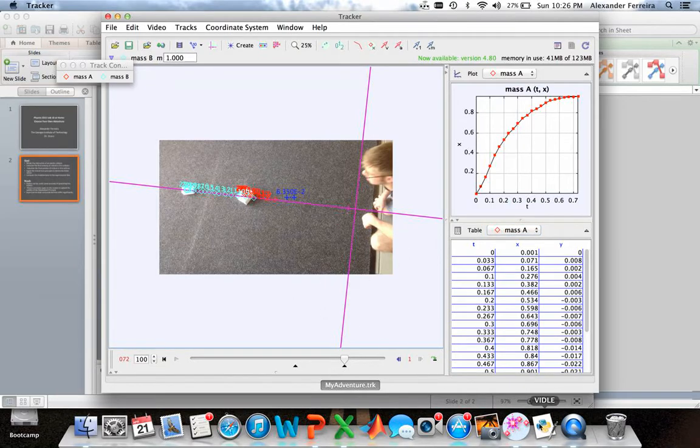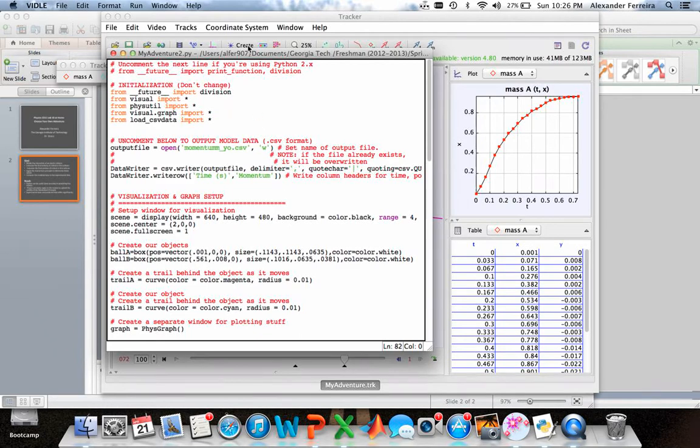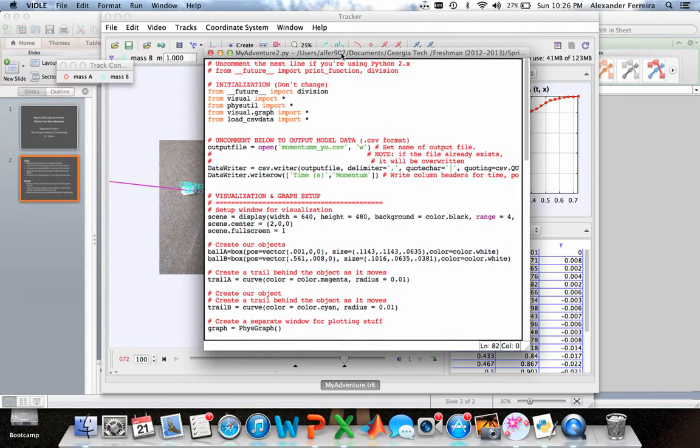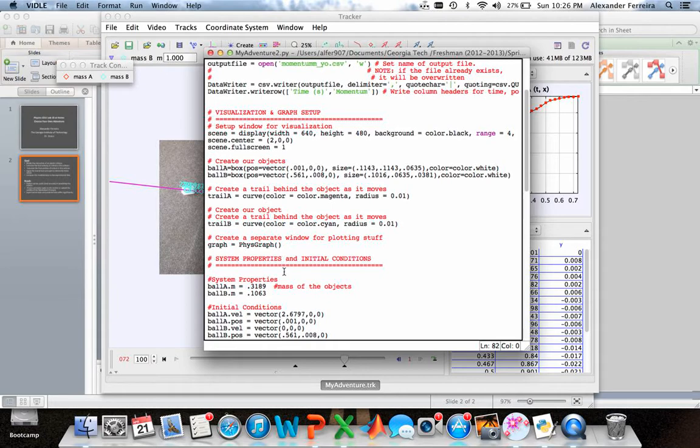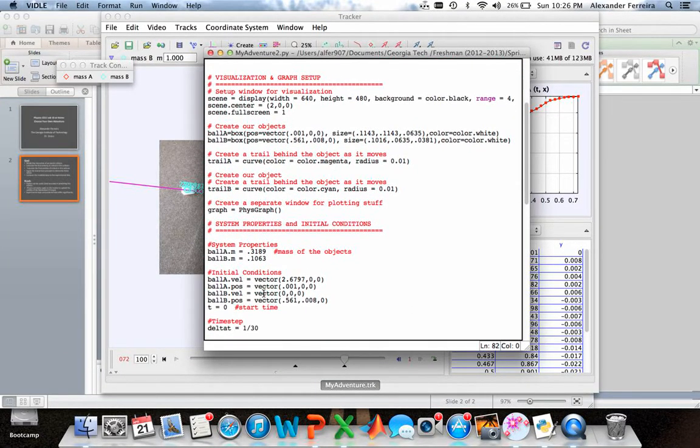Once I had that data, I went over to VPython and made our Python shell. Basically, most of the same stuff: initializing our two boxes, creating trails behind them, and identifying the system properties. The mass of the first box was 0.3189, 3 times that of the second. Then we come down to our initial conditions, where ball A has an initial velocity of 2.6797 meters